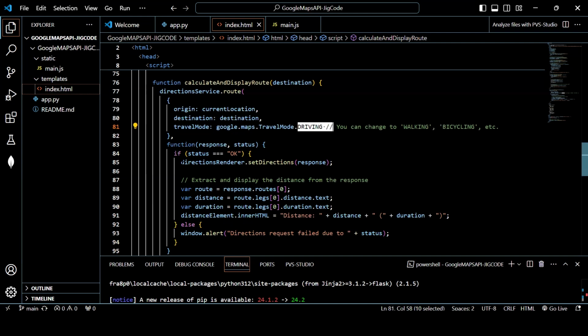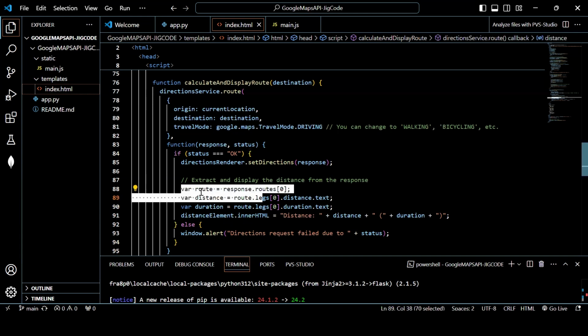Okay, we're going to change this to walking. It's up to you. If the request is successful, it will display the route on the map. After the route is calculated, we extract the distance and duration from the response object, right? So we are extracting the distance here,